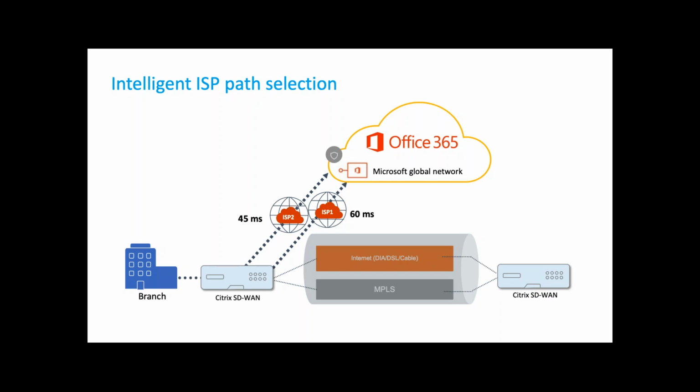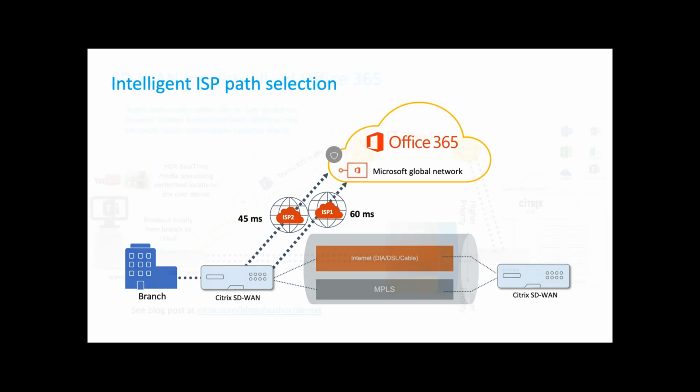So Microsoft Teams is obviously going to be latency sensitive. It can't handle a lot of jitter. So we would use a link for that particular type of traffic, as opposed to something that could have higher latency. Doesn't matter about the jitter, just as long as you can get that download speed working, we would use that link.